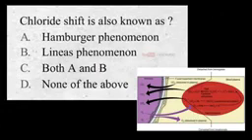Chloride shift is also known as A. Hamburger phenomenon, B. Linnaeus phenomenon, C. Both A and B, D. None of the above. And the correct answer is